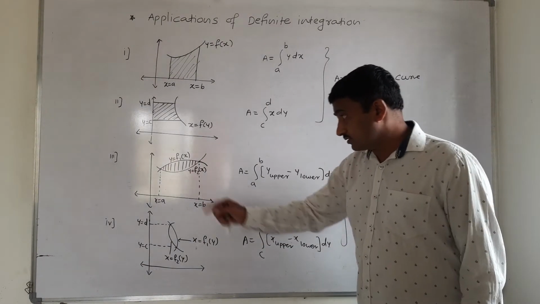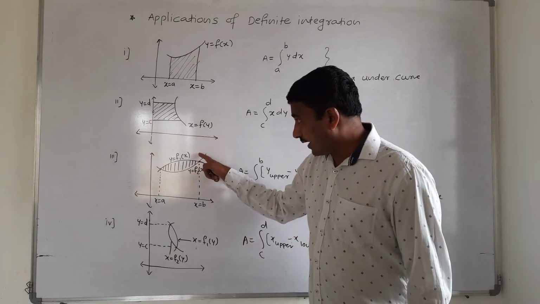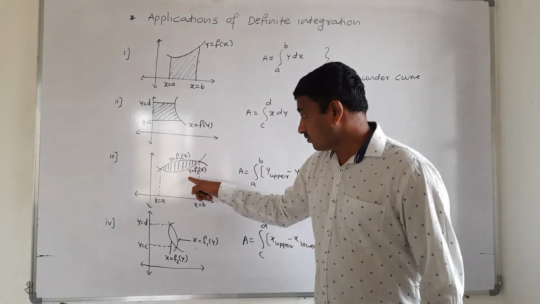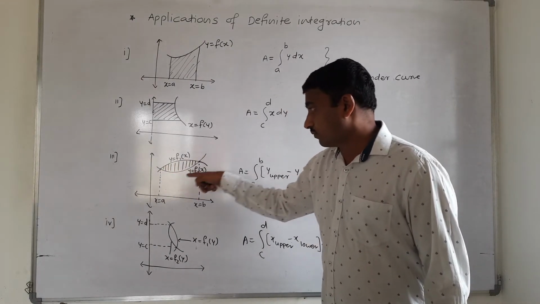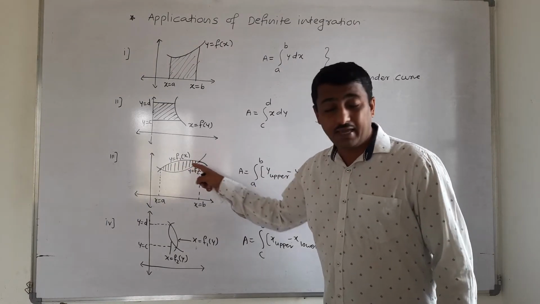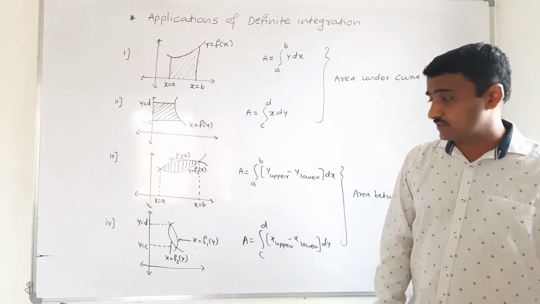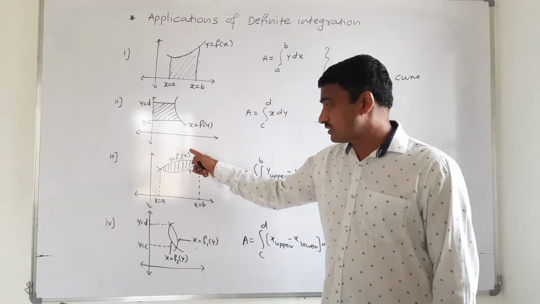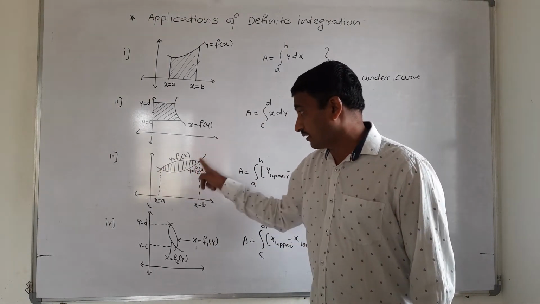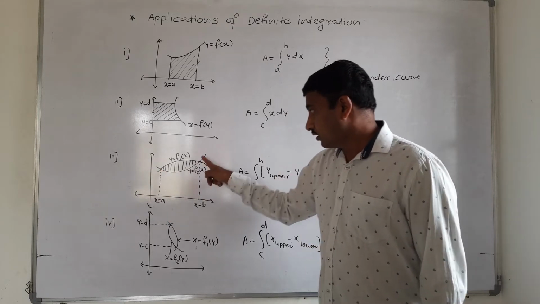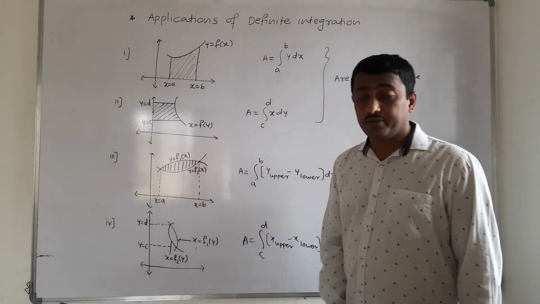Now the next point of this topic is area between the curves, area between two given curves. Now type 3 is this: suppose y is equal to f1(x) is the upper curve, y is equal to f2(x) is the lower curve. Now we have to find the area between these two curves. या दोघांच्या मधला एरिया आपल्याला कॅल्क्युलेट करायचा आहे. We have to find the point of intersection of these curves. We solve these two equations to get the points of intersection. Therefore the x coordinate of this point is a, and of this point is b.